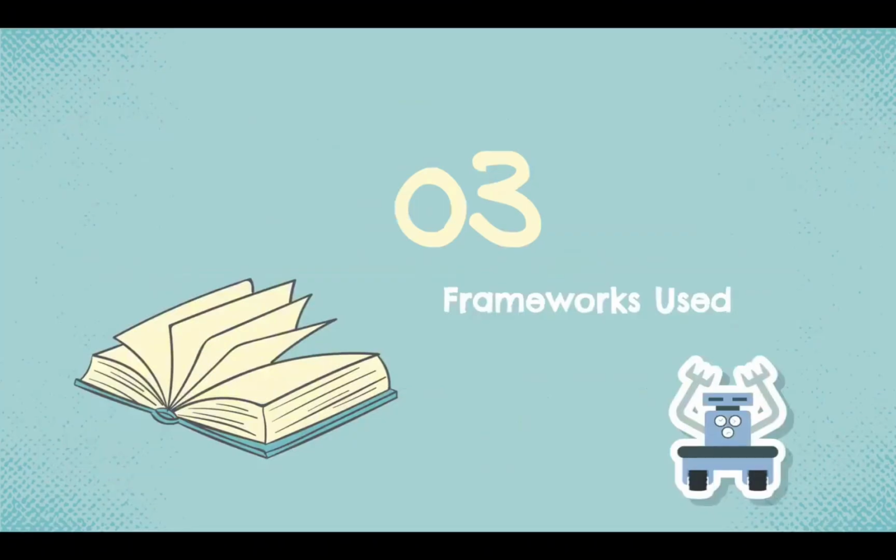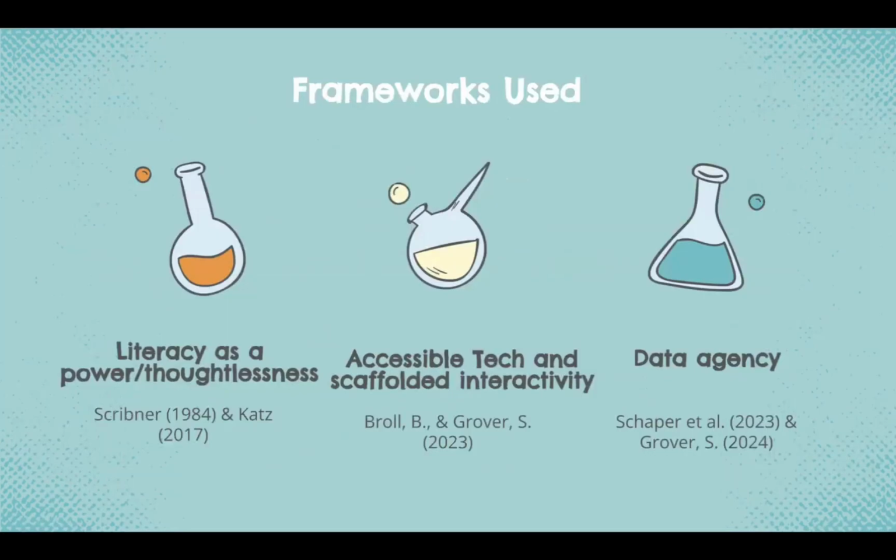So to introduce a little bit on the frameworks I used, the core idea of this project is inspired by Scribner's opinion that literacy can be a power. Katz also recognized that opaque AI fosters a form of thoughtlessness when people are deterred from critically examining information under the cause of algorithmic accountability. This design aims to debunk the myth and empower students to learn the potential flaws in data validity, rather than passively